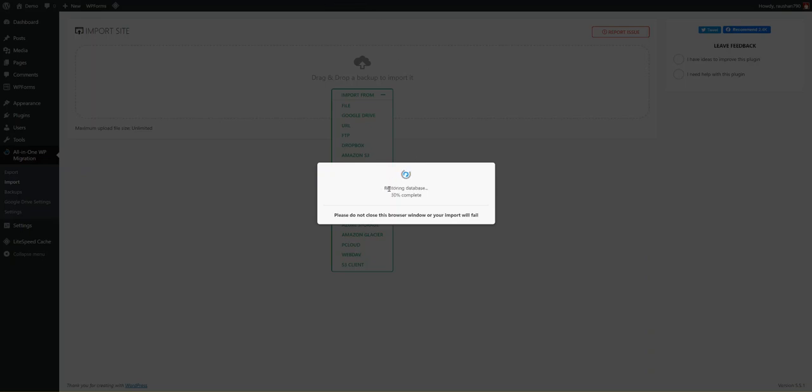Now you can see the database is restoring. So I think it will take another couple of 2-3 minutes. So now you can see the site has been imported successfully.